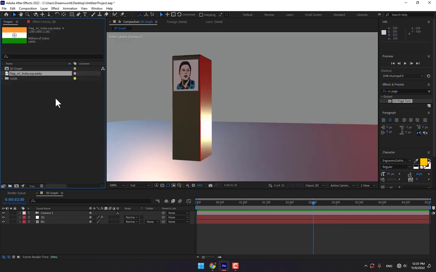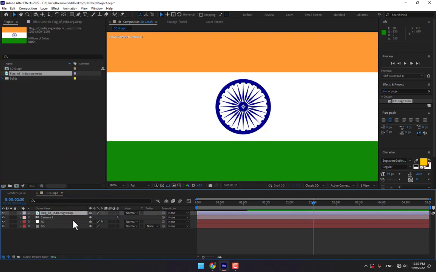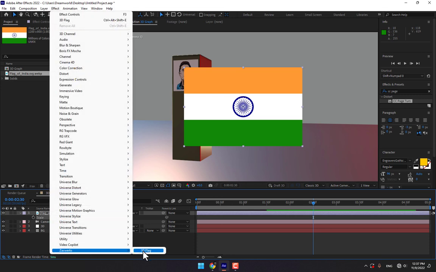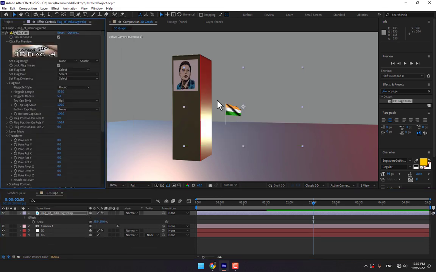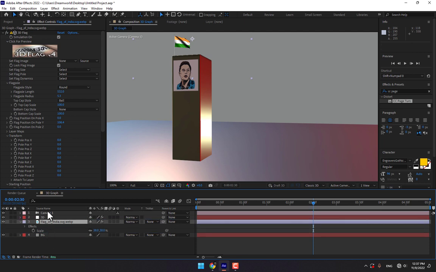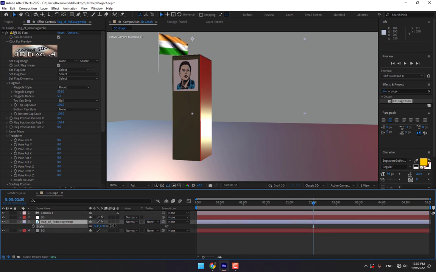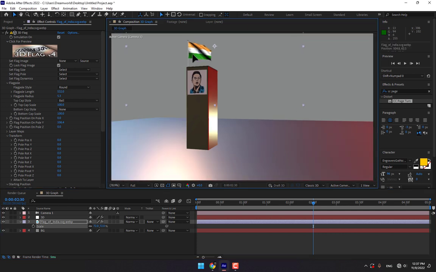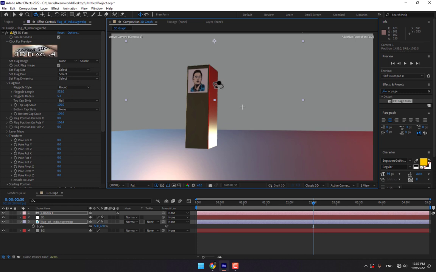And now time to add the flag. Drop the flag to your composition and press S to scale down the size and go to effects, Zixworks, 3D flag. Apply this and move the flag behind the Element 3D like this and press S. Scale up the size, fit. Okay, let's animate the flag. Control your camera